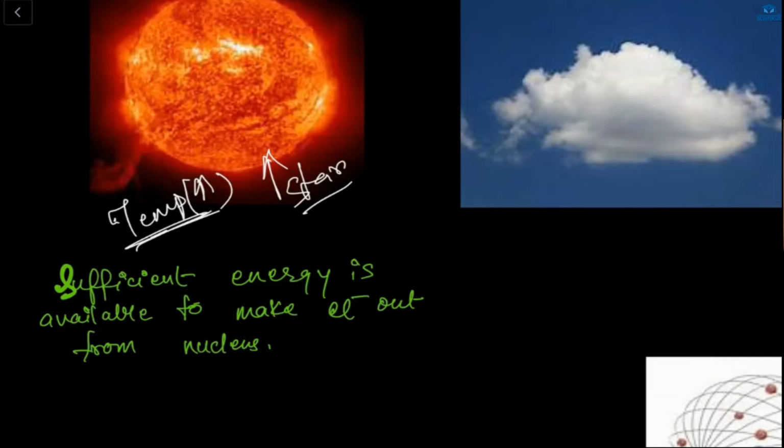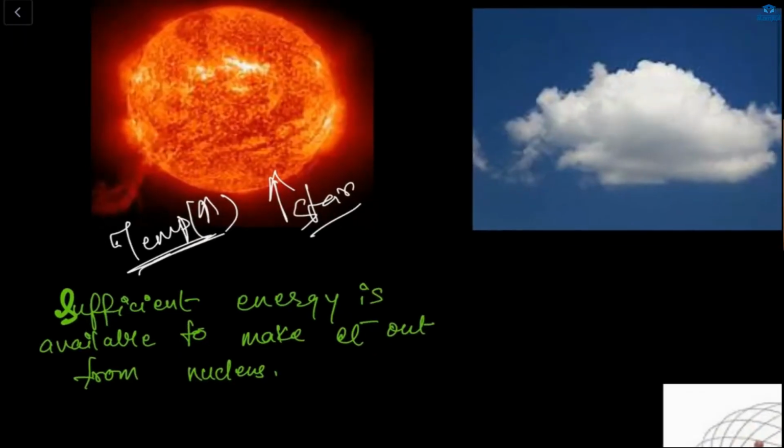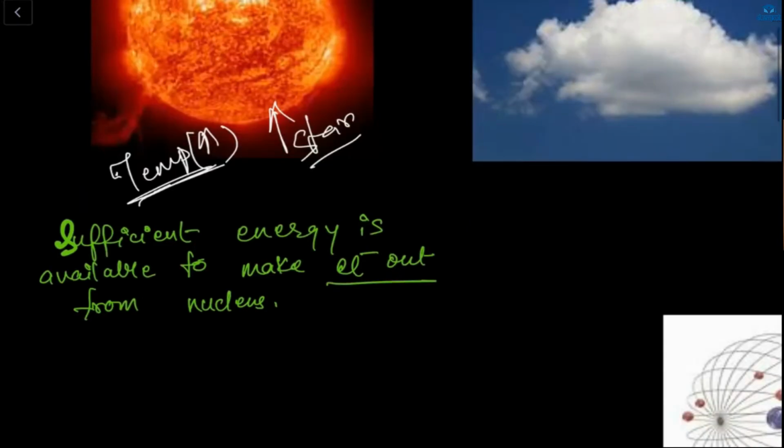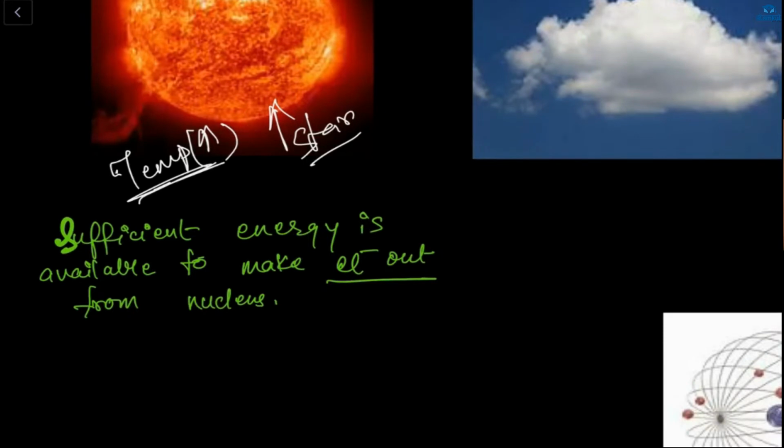Shazan, Advika, and Razi, any doubt? If temperature is high, then obviously it's making my electron move out from the nucleus, right? So now what will happen? See, this whole universe is made up mostly of stars, correct? And inside a star, the matter is in plasma state. So we can say that this universe is mostly made up of plasma.